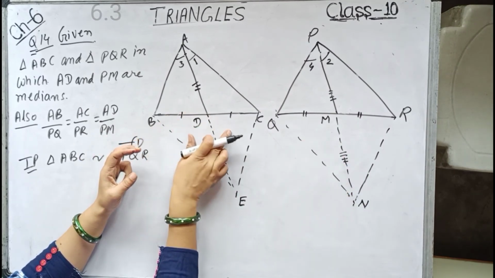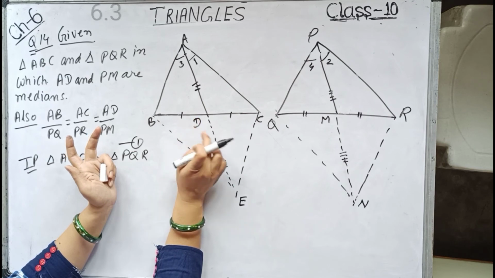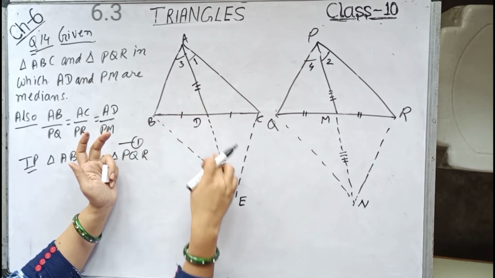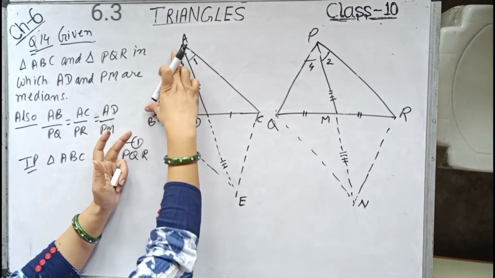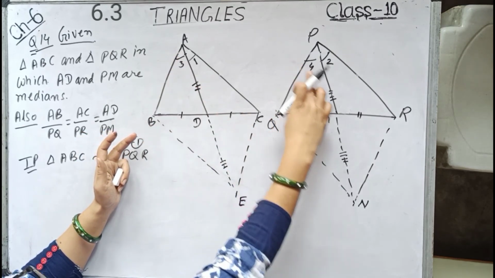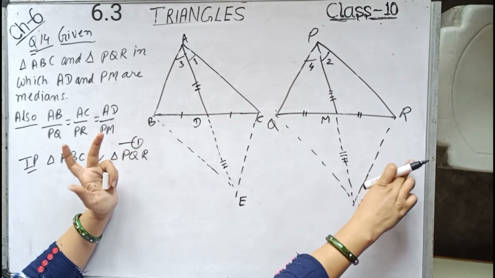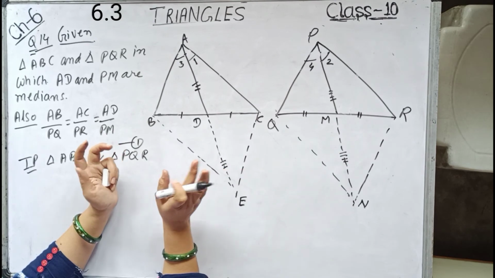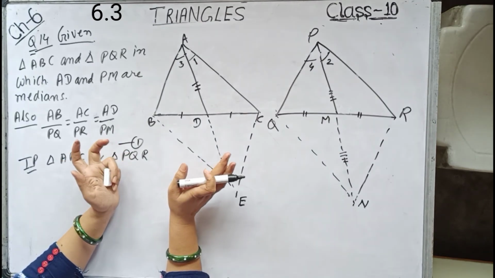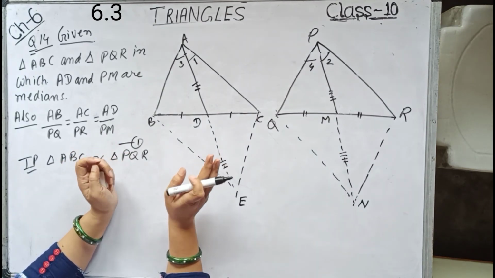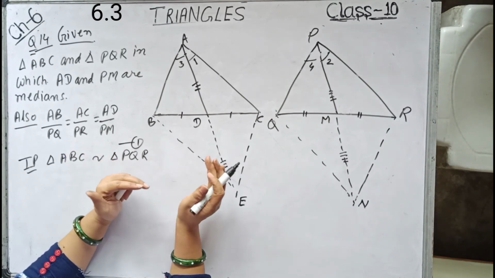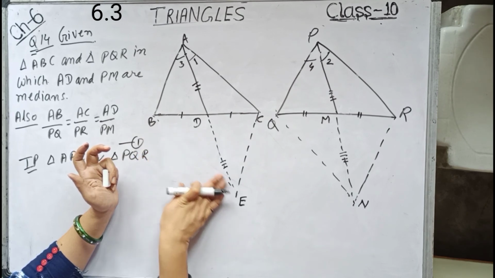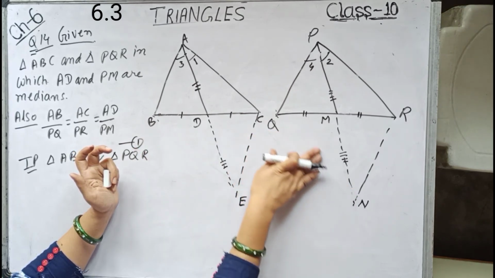We are not proving these two triangles congruent. We are directly writing that since in this quadrilateral the diagonals are bisecting each other, therefore it is a parallelogram. Therefore AB equals CE and PQ equals RN similarly. And then a similar proof that these two triangles are similar, and hence proved. So whatever way you opt, children, both are correct. First, you should understand the concept. I am doing only one; the other way also you can do. I am doing this congruence one, the parallelogram one you can also use, it's your wish.